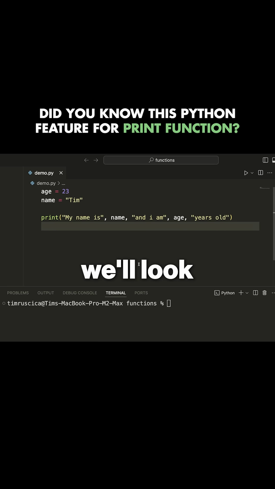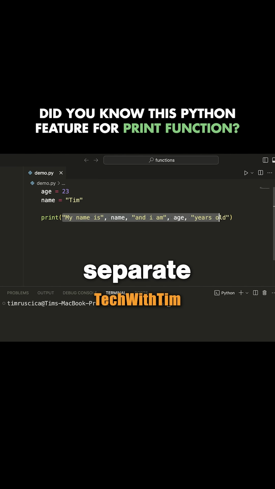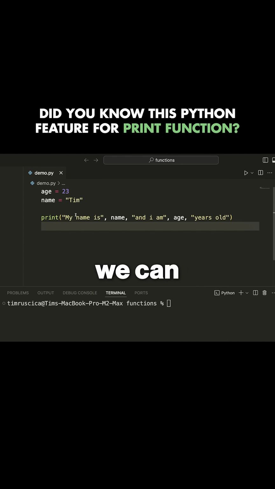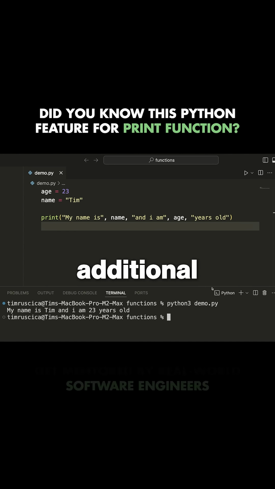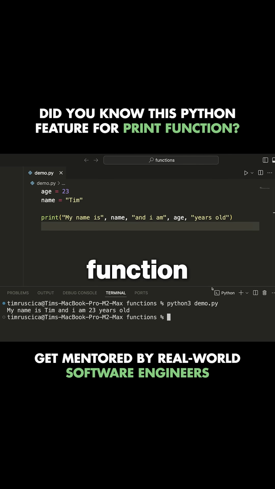So the first function we'll look at here is the print function. Now this is probably the first thing you learn when you learn Python, and it seems super basic. We can print out a few different things, we can separate them by commas, and you can see that we can print a mix of strings and variables, and when we do that, they'll get printed out separated by a space. But what you probably didn't know is that we can pass additional arguments to the print function that modify